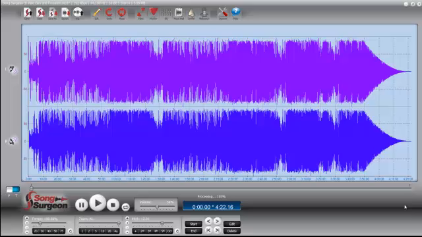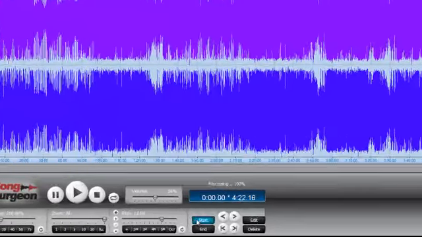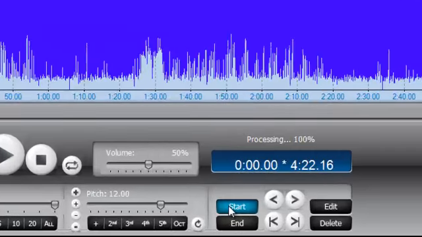I have a song queued up, which is a Rascal Flatts song called Fast Cars and Freedom. Let's go ahead and listen. As we listen, we're going to be listening for the start of a small guitar intro in this song. And when we reach that guitar intro and we hear the guitar start to play,